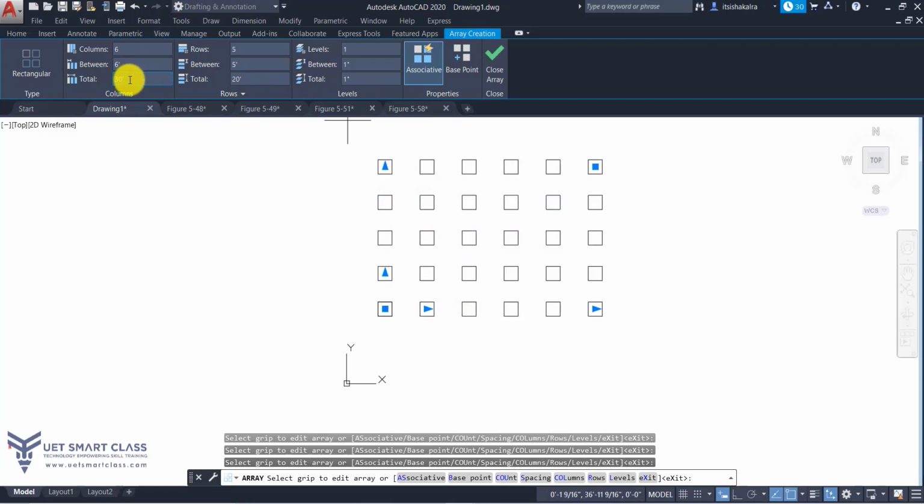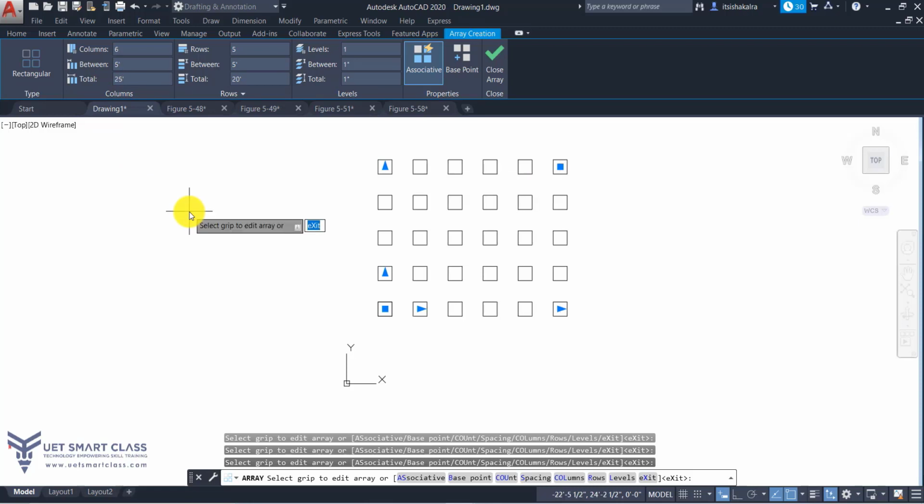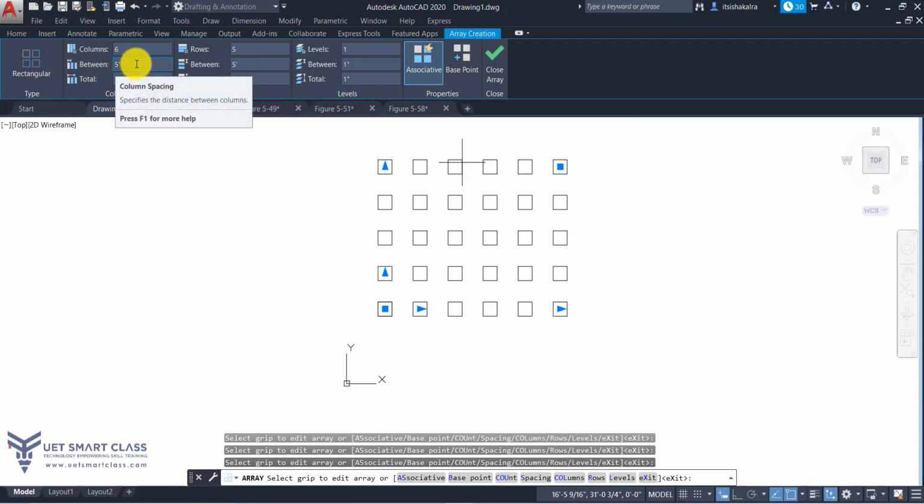Okay, or even you can give the total distance. For example, it has now taken 6 feet, and according to 6 columns it has taken 30 feet. I can even write, for example, within 25 feet adjust the columns. So accordingly it will take. Now the between spacing has changed to 5 feet. See, you got my point.